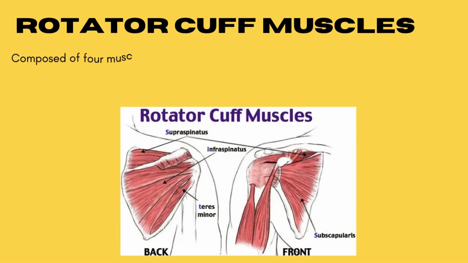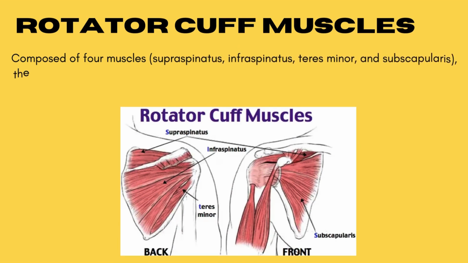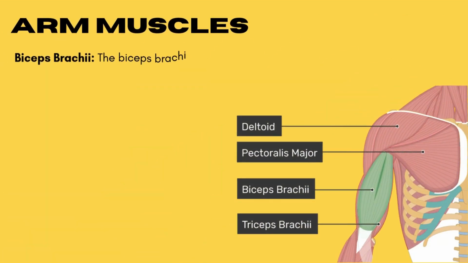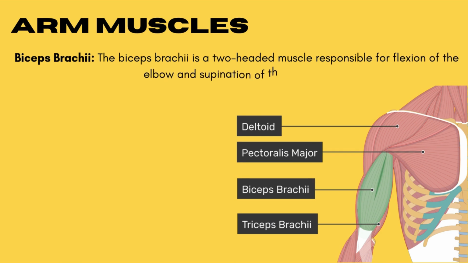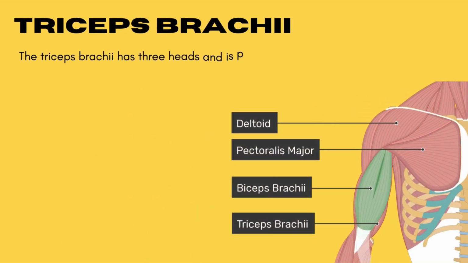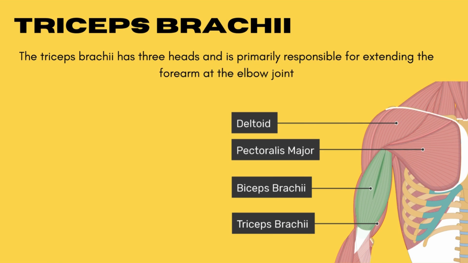Rotator cuff muscles. Composed of four muscles: supraspinatus, infraspinatus, teres minor, and subscapularis, the rotator cuff stabilizes the shoulder joint during movements and prevents dislocation. Arm muscles. Biceps brachii. The biceps brachii is a two-headed muscle responsible for flexion of the elbow and supination of the forearm. Triceps brachii. The triceps brachii has three heads and is primarily responsible for extending the forearm at the